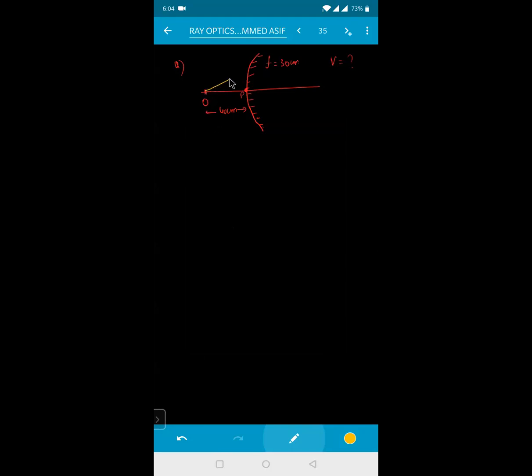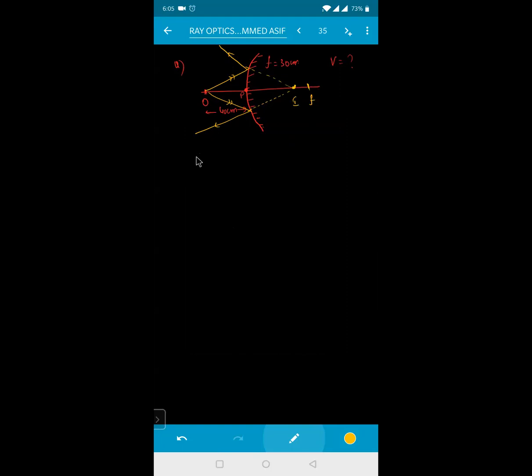This ray of light will be incident on this one like this, and this ray of light will be incident on this one like this. And from here, it will be reflecting back like this, and from here, this is also reflecting back like this. What type of a mirror is it, beta? If I extend this one right now in this direction, they are meeting somewhere here. So this is your image formation I, and this is your focus F.